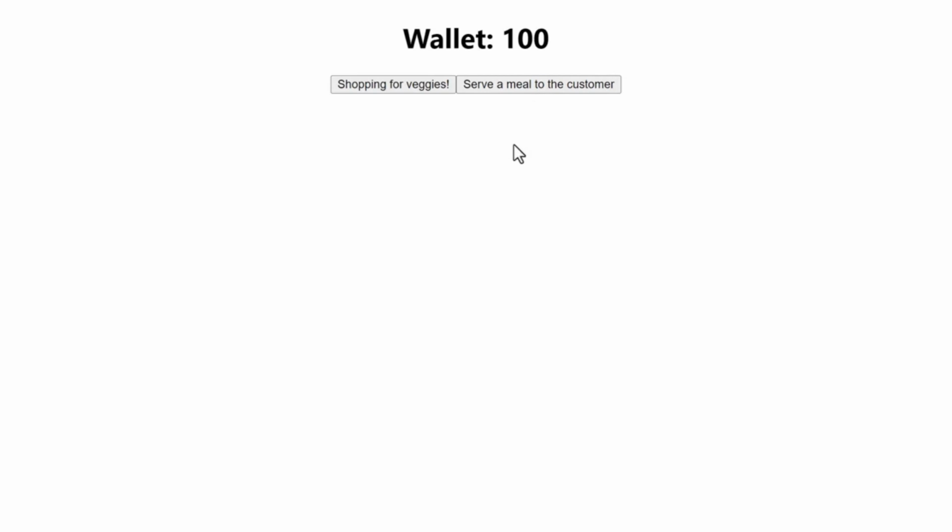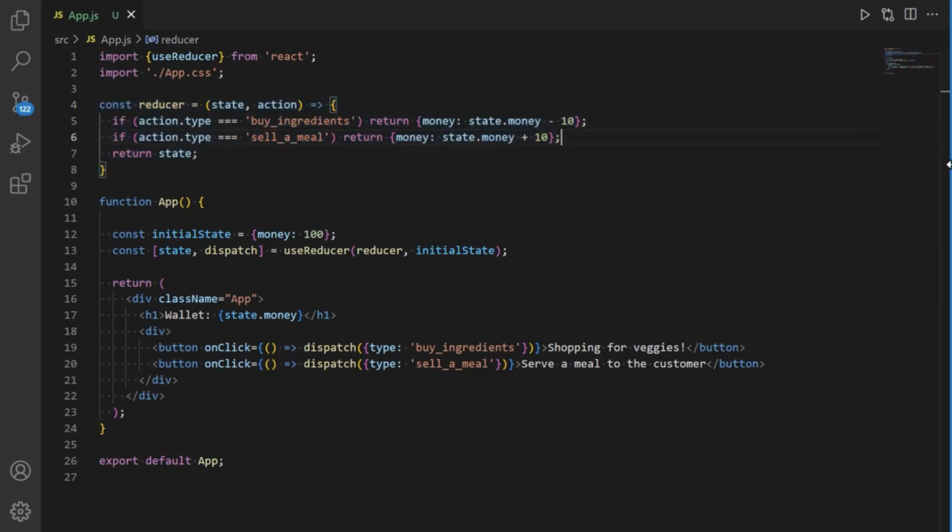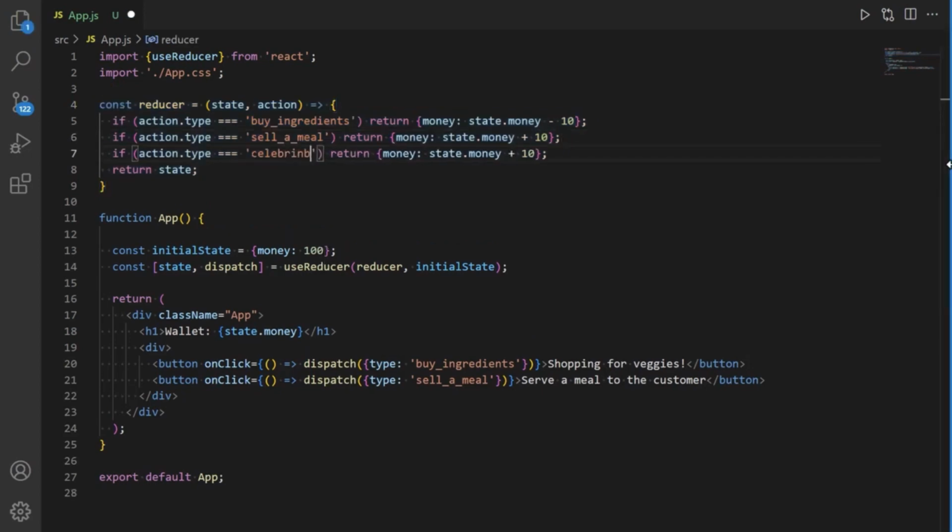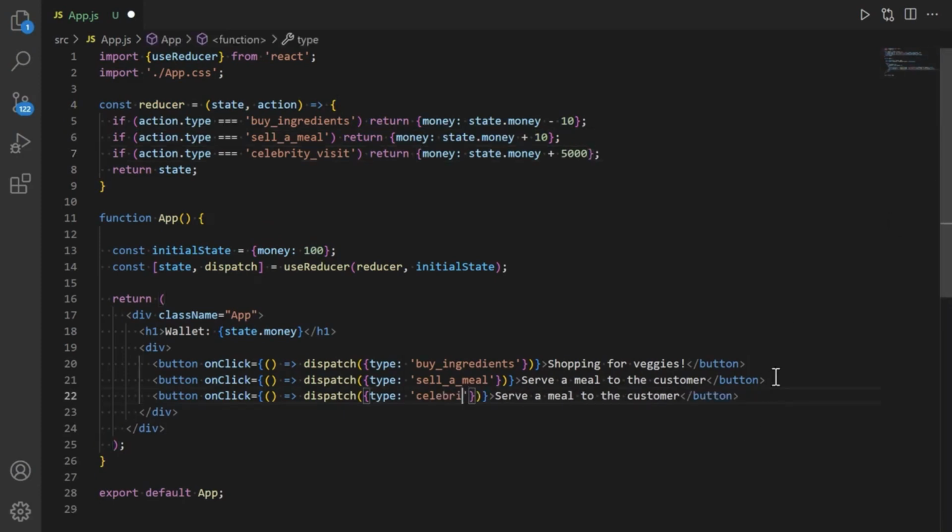This way, you can easily work with more complex logic in your React apps, something that might be too difficult to rationalize when using useState. To explore this in practice, let's add another action type. I'll name it Celebrity Visit. This action should be triggered when a celebrity visits the restaurant, which brings in $5,000 to the restaurant when it